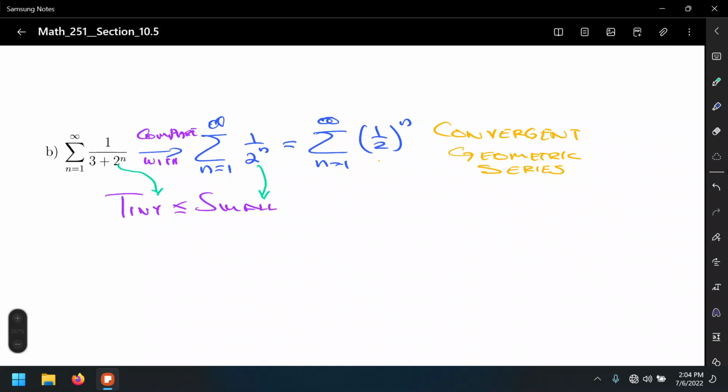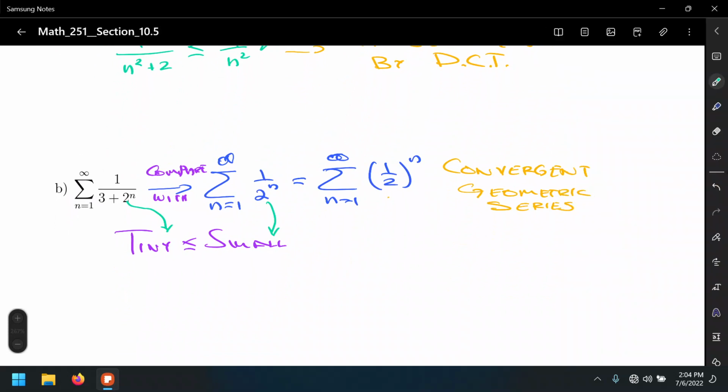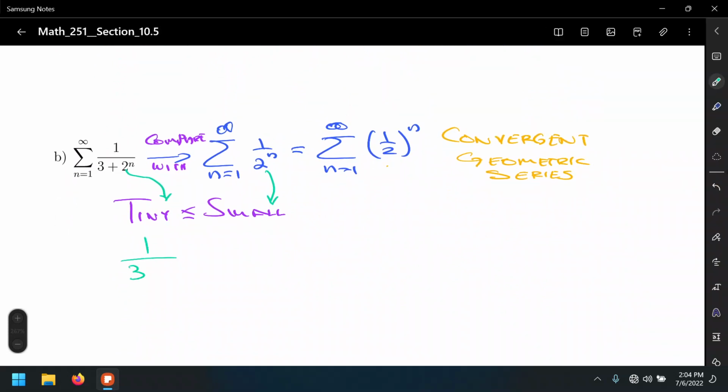Let's see if the inequality is true. Is 1 over 3 plus 2 to the n less than or equal to 1 over 2 to the n? True. Therefore,